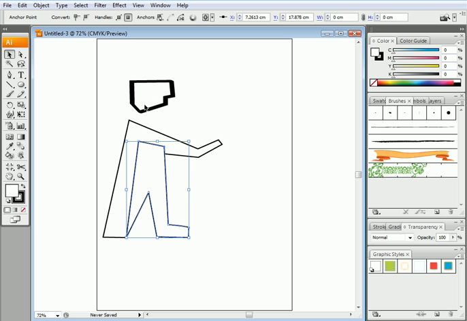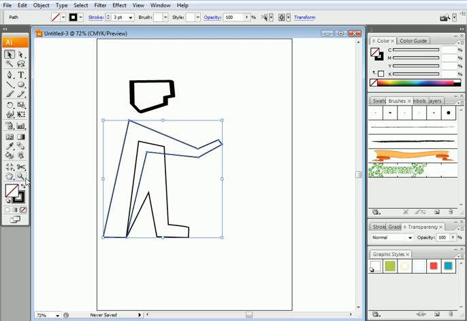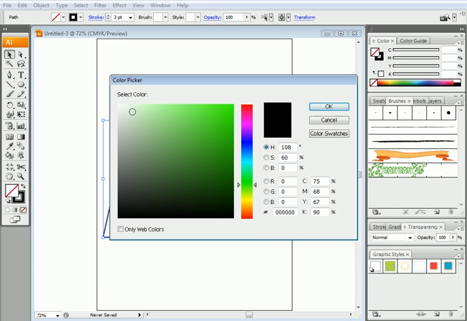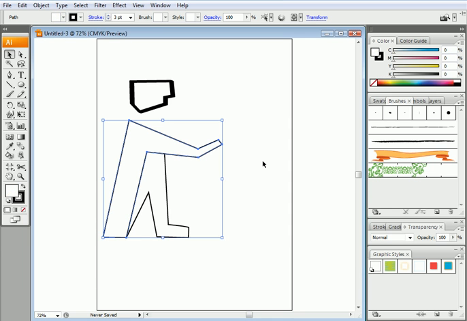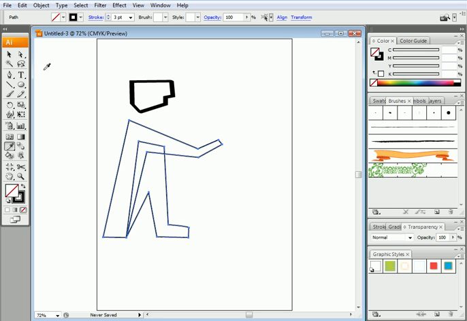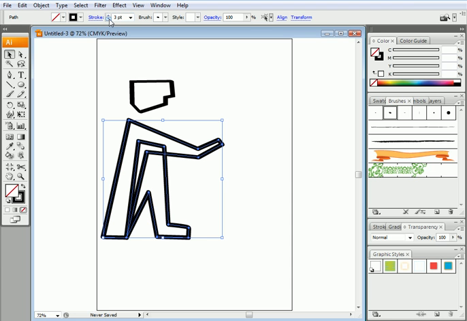Alright, and Control left bracket to place it behind. This one should also be filled with white. And let's select both. If I click here, I can, with the eyedropper, give them the same brushes as this one. Or I can select the brushes from here and increase the size to 3. Alright, now once I use the eyedropper,